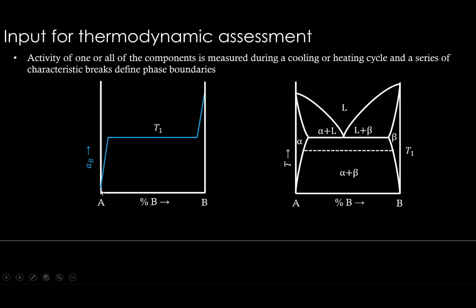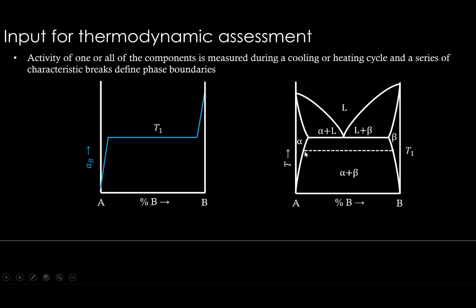This is activity of B going up from 0 to some fraction, and then it is maintained at one value, and then it increases from that fraction to 1. So here it is 1, activity value is 1. Okay, so between 0 and 1 is this y-axis, and this is how you get the activity curve. Now this is a temperature T1. What if we repeat this at different temperatures? You see the tie line here is basically indicating the length of activity being equal, right?